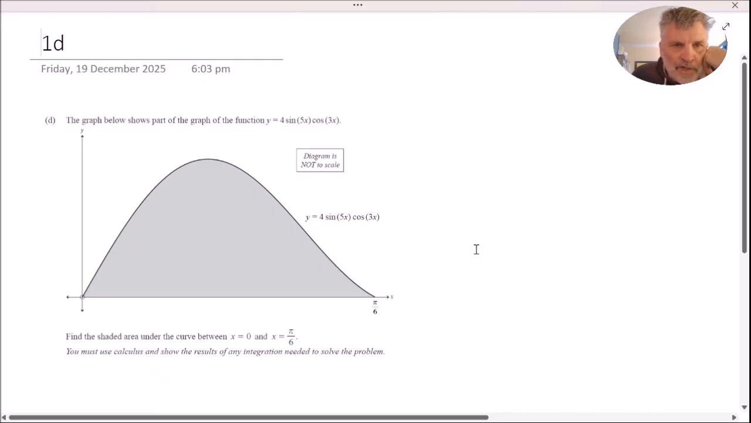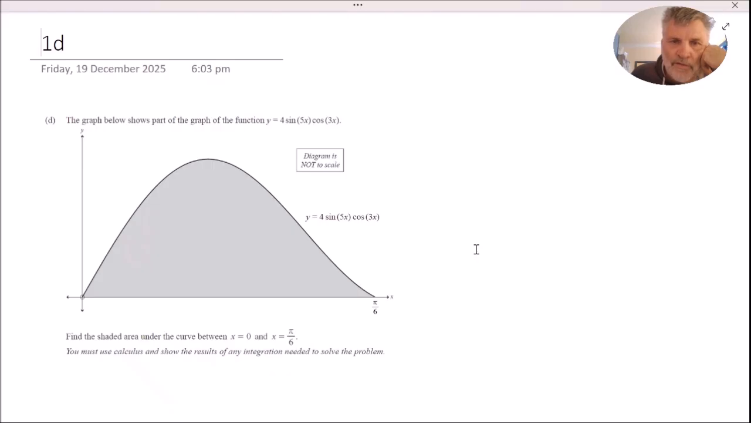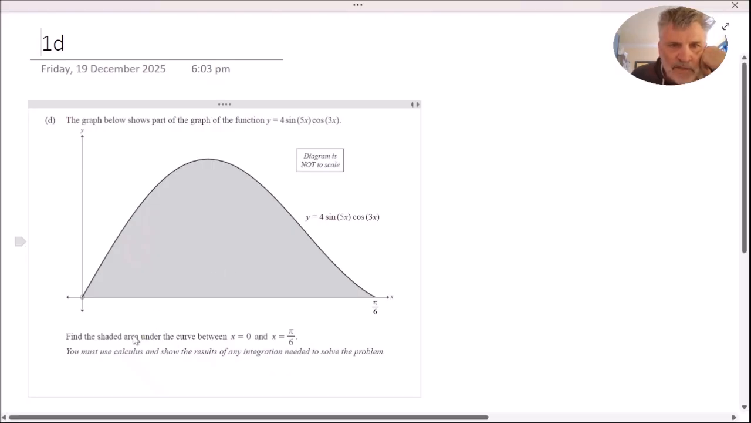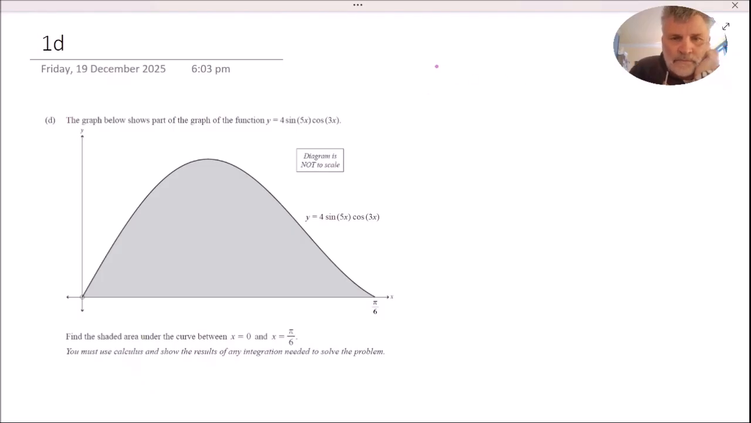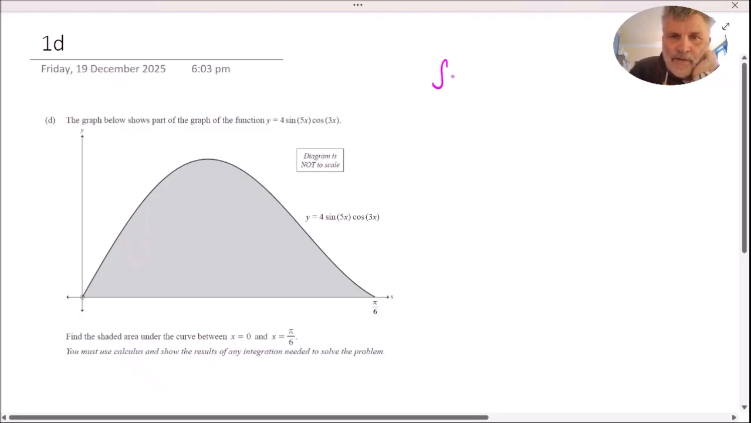The graph below shows part of the graph of the function y equals 4 sine 5x cos 3x, and it wants us to find the shaded area under the curve between x equals 0 and x equals pi over 6. That's straight application of integration. So the integral of 4 sine 5x cosine 3x dx is going to be equal to the area, which is